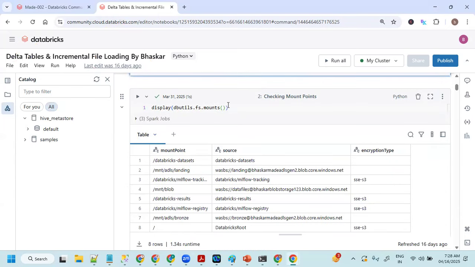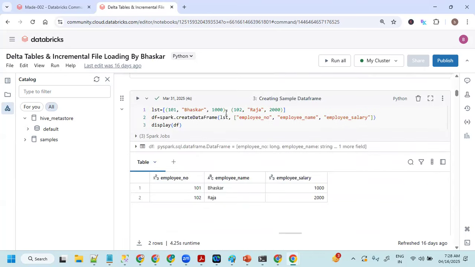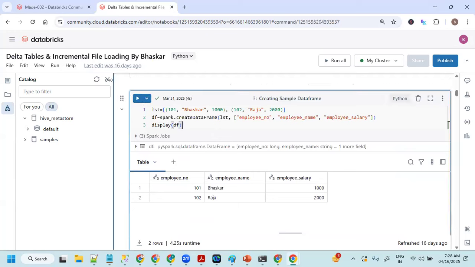And to see the mount points, you can use dbutils.fs.mounts, that we already know. Now I'm just trying to create a simple data frame here. We already know how we can create a data frame. I'm showing a list, and inside the list I have one record, and this is the second record. Total 2 records. In these 2 records, I'm giving employee number, employee name, and employee salary. This is the header of the data frame. And if I execute this,